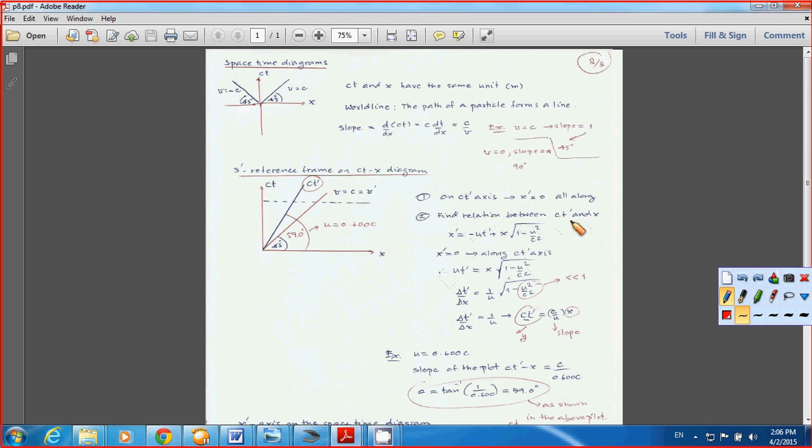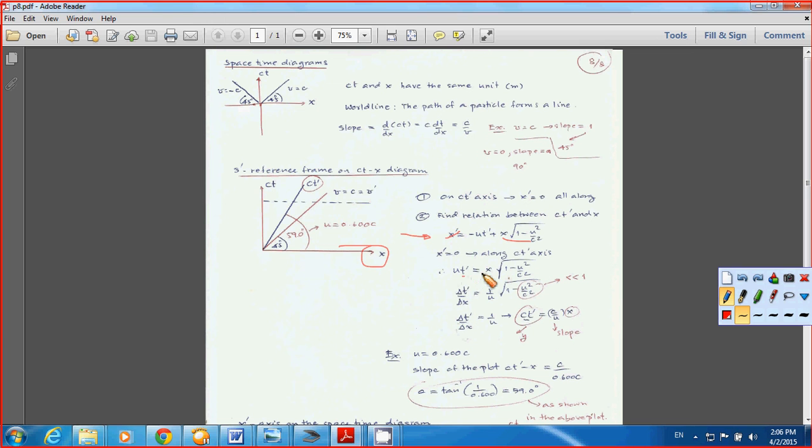And then find the relation between ct prime and x, because you want to use the plot of ct and x, but you want to plot our ct prime. So from the Lorentz coordinate transformation, you pick up this equation and you take a look at this one. When x prime equal to 0, this means along the ct prime axis, right? That I explained already. When this one becomes 0, you have u t prime equal to x square root 1 minus u square over c square,